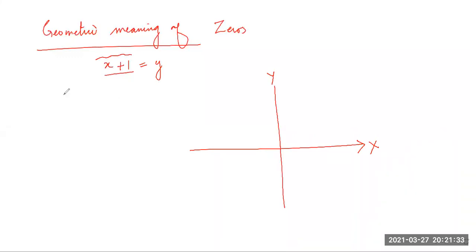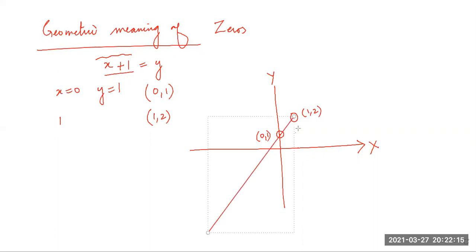So find out the coordinates: when x is equal to 0, y is equal to 1. So 0, 1 is one point. When x is equal to 1, y would be 2. x is 1, y is 2. Okay, we plot this. One is 0, 1, and the other is 1, 2. Right? This is 1, 2 and this is 0, 1. If you join this, you will get the graph of this